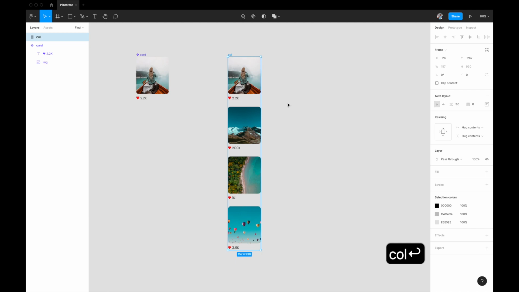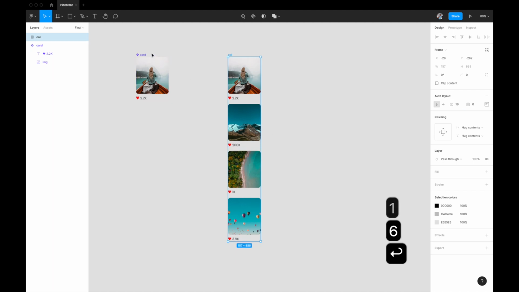Okay. And in this, since it's stacked one on top of the other, it's labeled as vertical direction. If you want to change the spacing between them, we can quickly do that. Let's do 16 spacing. The spacing between each card is now set to 16. We don't want any padding, which is fine, and we also don't want to change anything in the alignment, so that is also fine.